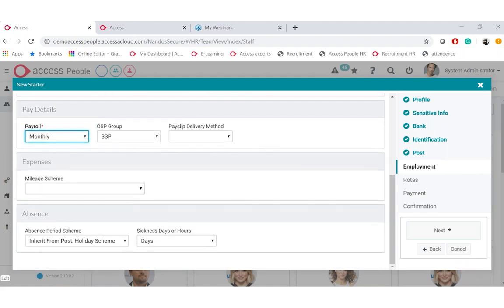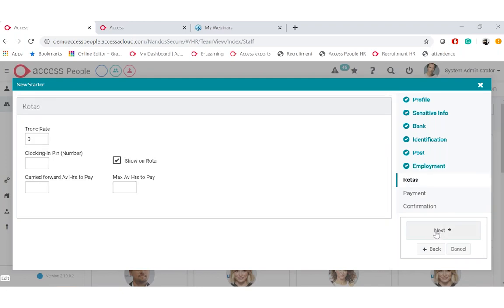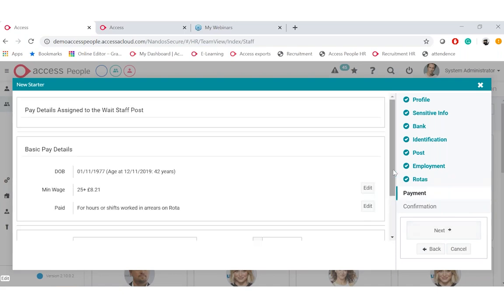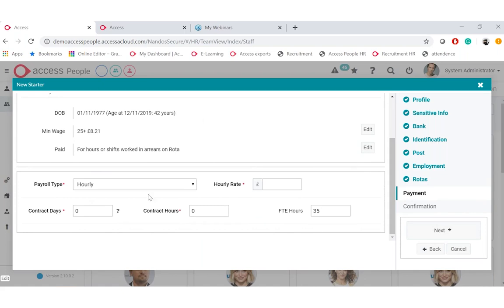We can pick multiple payrolls in this section here, and it will also inherit any holiday schemes or days through the system. It's here where it will automatically know if it needs to go onto the rota. Any time rating, or if you're using a TNA system, can be added here. And it will also understand, if they are under a certain age, what their national minimum wage is. So we can see here, for this individual, it's £8.21.